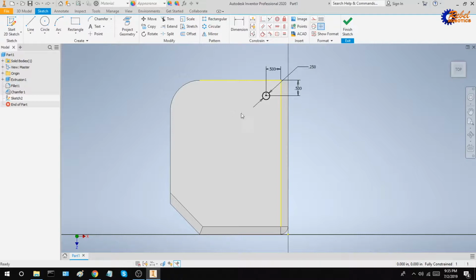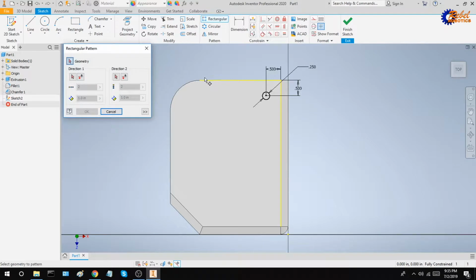If I wanted to make more circles that ran down the length of this face, I could keep on making identical circles over and over again, but I can also use the rectangular pattern tool. Select that, and you'll notice that a window pops up asking for geometry and directions. So for geometry, since we want to duplicate these circles, select the circle, and for direction, which would be the direction in which we're duplicating these circles, select this side, and you'll notice that immediately a green arrow pops up